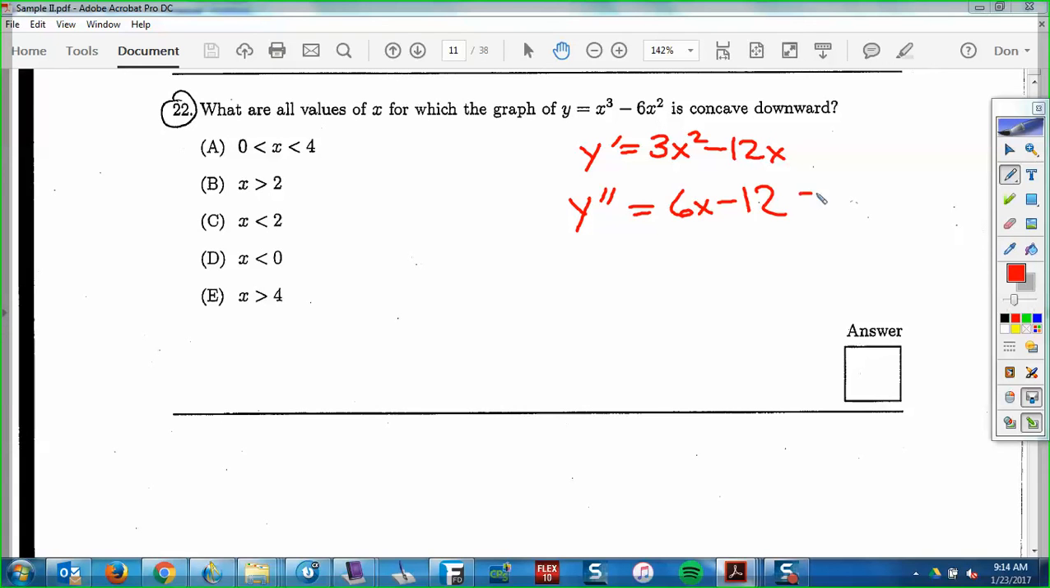Set equals 0 and do a number line. That's right. We want a y double prime number line is what we want here. So we know that's going to be when x is 2, so that's nice. We got a 1, we got a 3. We can already